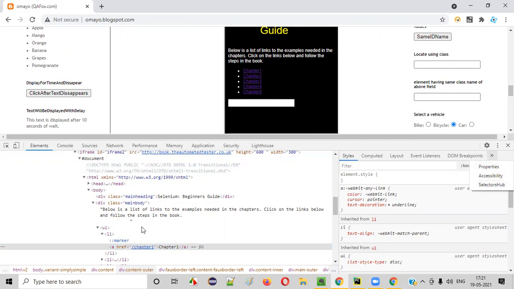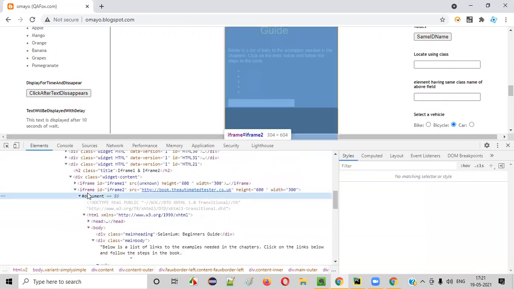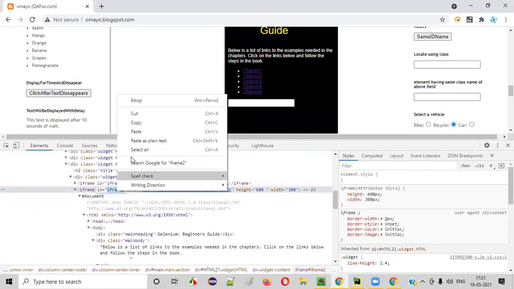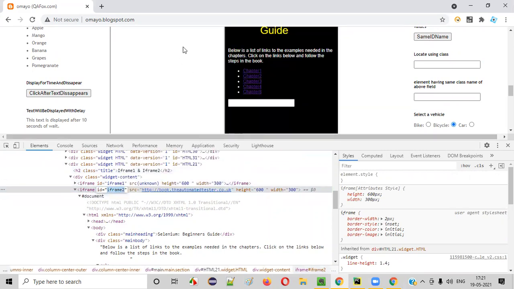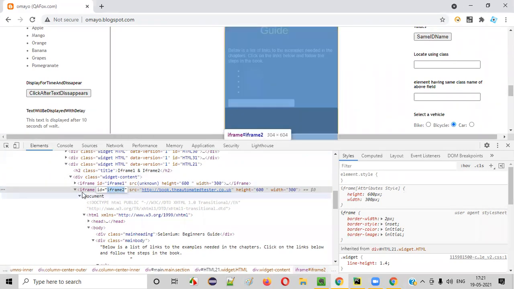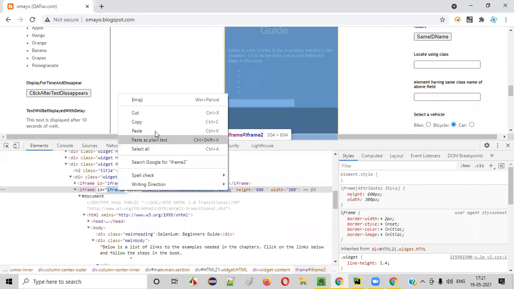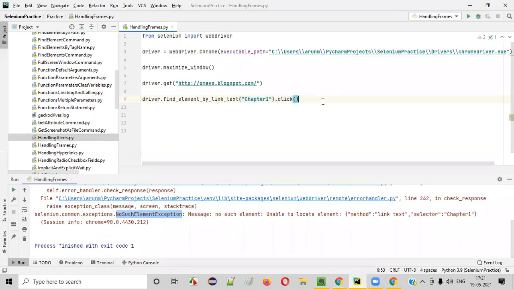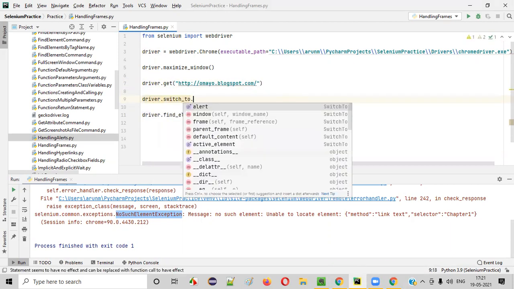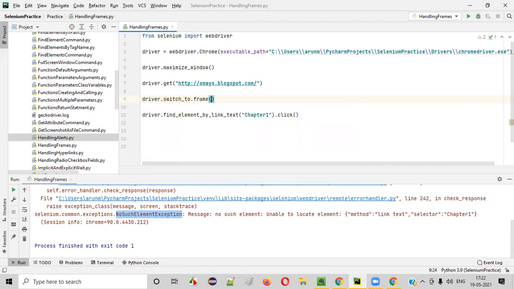That's fine. For now, we'll go with the traditional way, where you see this anchor tag is inside the iframe. It has some ID, guys. Using this ID, we can switch to this iframe. Before clicking on this chapter one link, we have to switch to this iframe and then click on this link. So how to switch to the iframe? For that, we have to see the HTML code which has the ID locator, copy the ID locator, and go here. Before clicking this chapter one link, which is inside the iframe, we have to write driver dot switchTo dot, there's something known as the frame option. Inside this frame, in double quotes, provide the ID locator, that's it.